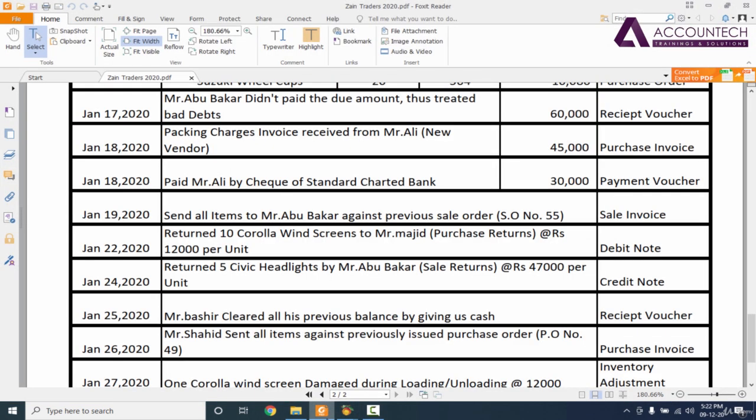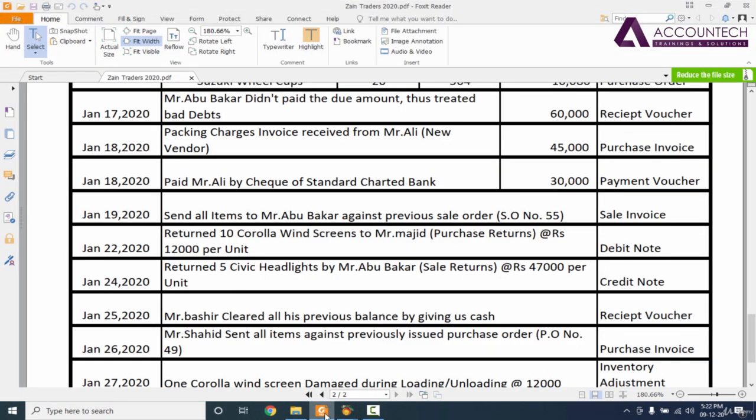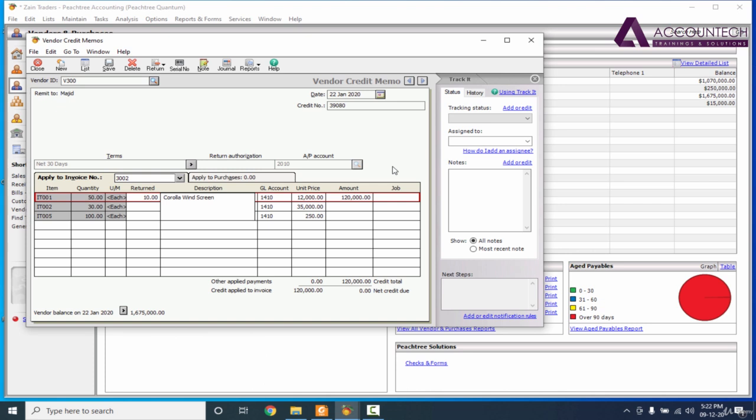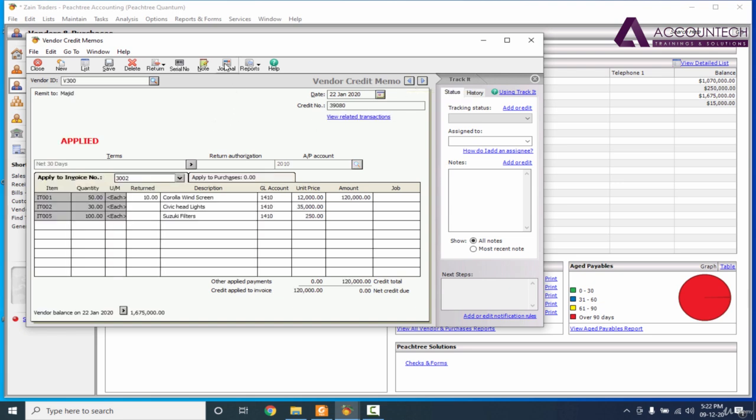Now we are returning 10 Corolla windscreen at 12,000 rate. So only out of 50, only 10 Corolla windscreens are returned at 12,000 per unit. All of rest of the entry is okay. Now click on save. Now if you want to go back and see the journal entry effect, I'll click on